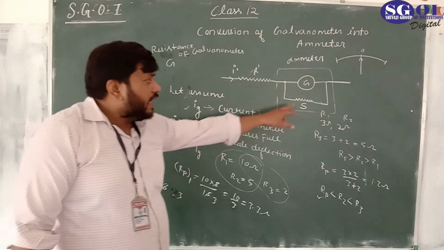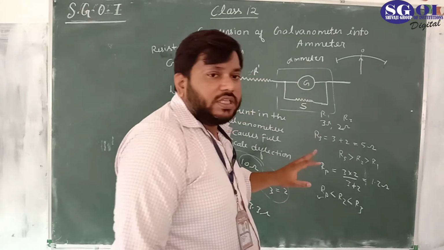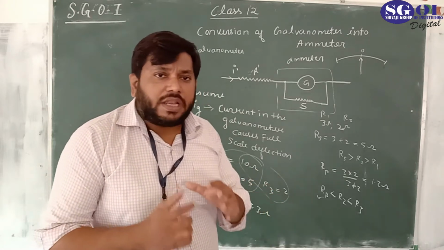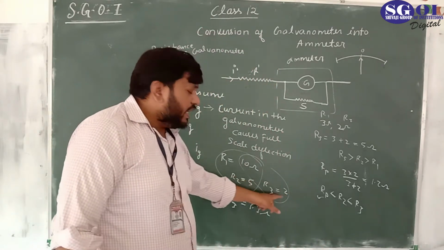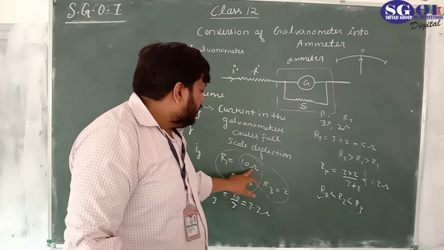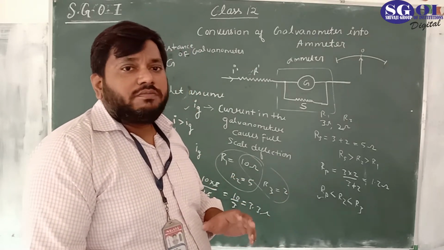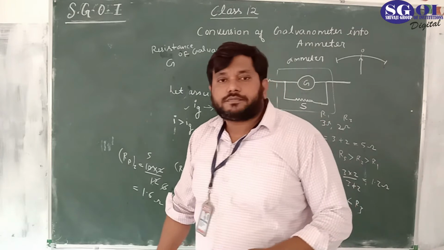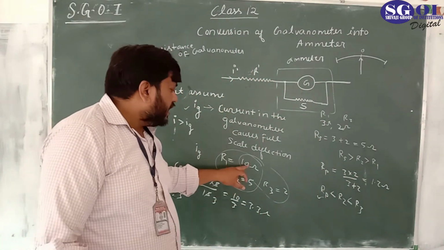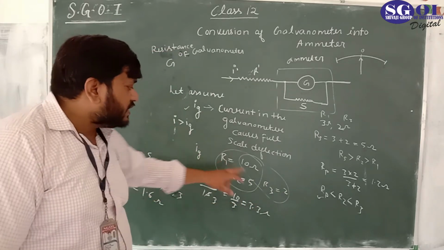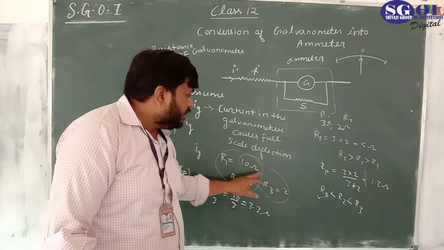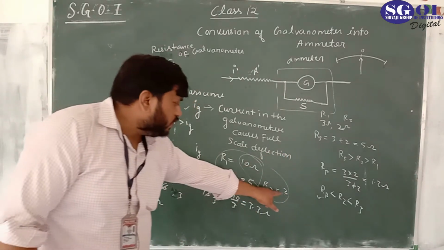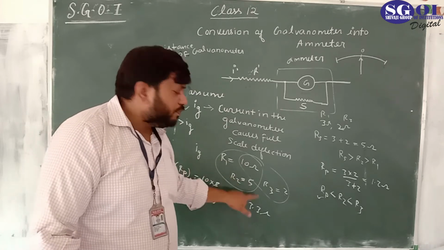So if we add a resistance which is smallest, we can simply say that the parallel equivalent resistance is always less than the minimum resistance of the combination which are connected in parallel. So here you are seeing, this is 10 and this is 2. The answer is lesser than the minimum between them, and the minimum is 2, and the equivalent parallel combination is 1.6, which is lesser than 2. In this situation, it is lesser than 5 because it is minimum.